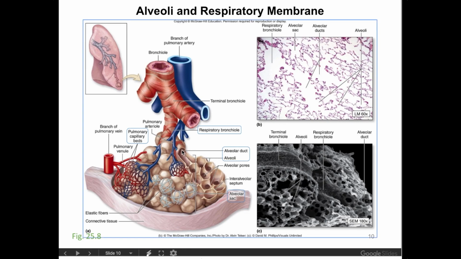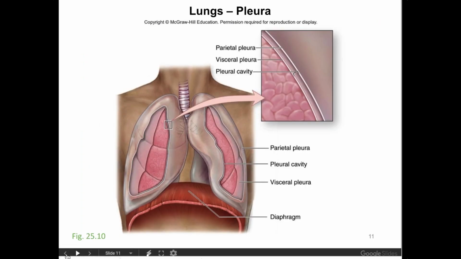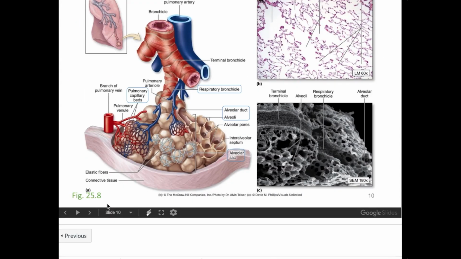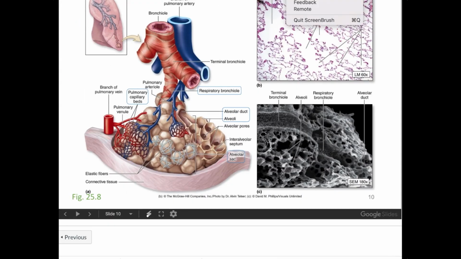Let me turn on my brush here. So this little segment right here is called the alveolar duct, and it connects the respiratory bronchiole here to the alveolar sacs. And you can think of these pockets in the lungs, and there's obviously more than just this one track. We have a few hundred million alveoli in our lungs,